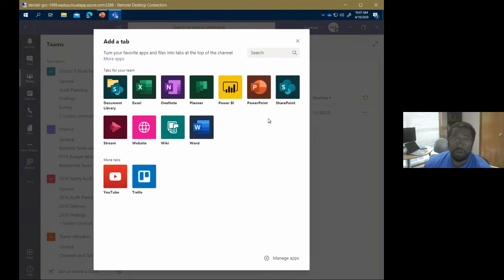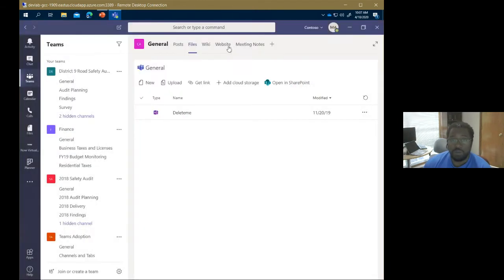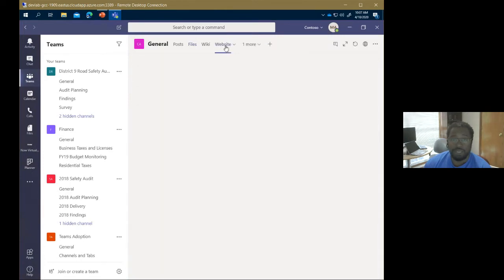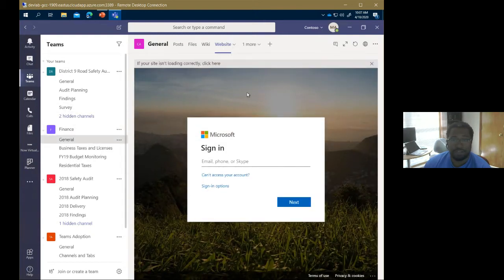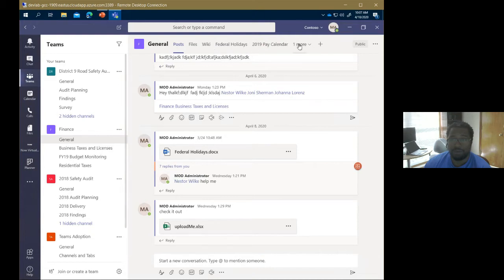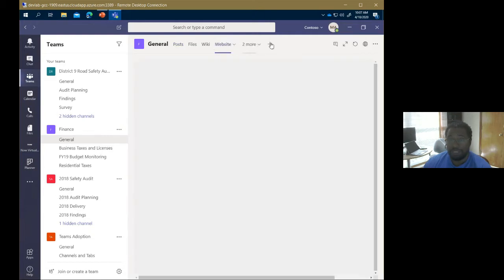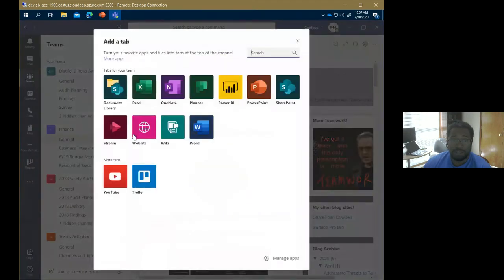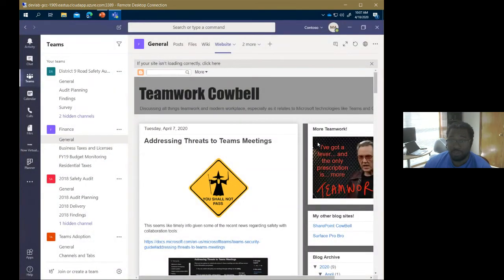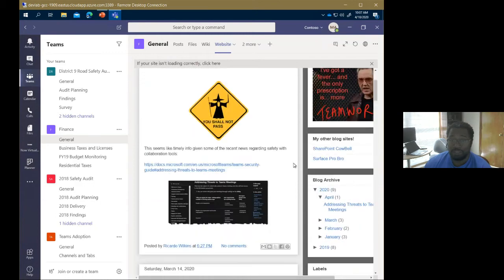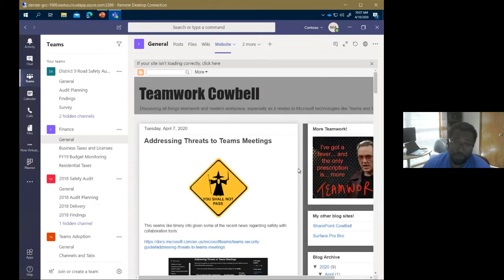So let's talk about a few of these. First off, just to see what it looks like to have a tab in there, let's take a look at a few examples. So this one here is apparently some website that I didn't log into. Let me use something a little better. Here's a website tab, and as it implies, it's a tab to a website that maybe your team wants to frequent.